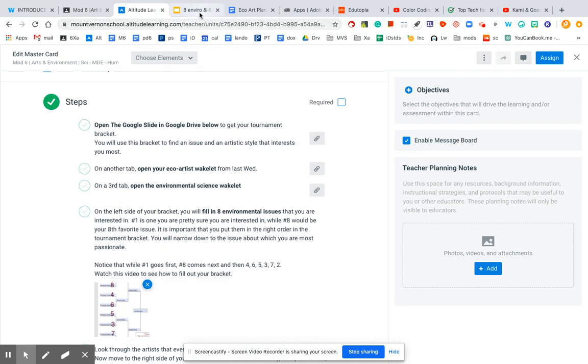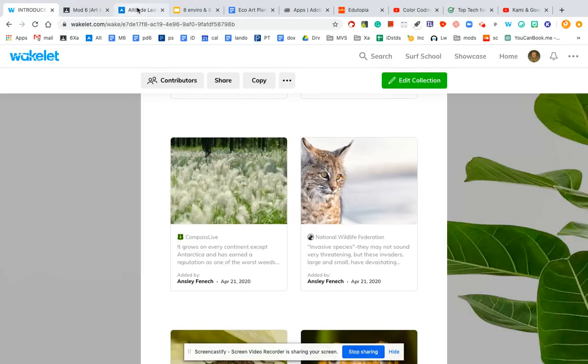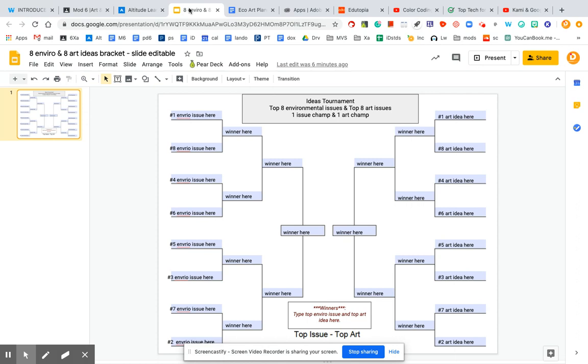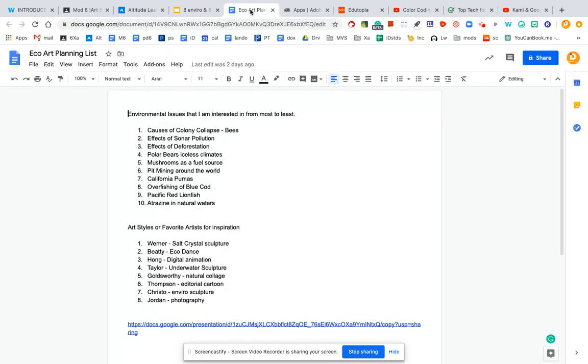So let's say you have both of your Wakelets open, you have this altitude card open, and you have your bracket open. Now, to make this easy for you to look at, I just put mine for an example onto this sheet so I can show you how to copy paste. So I ranked the environmental issues that I care most about, I think. So I'm going to just take these